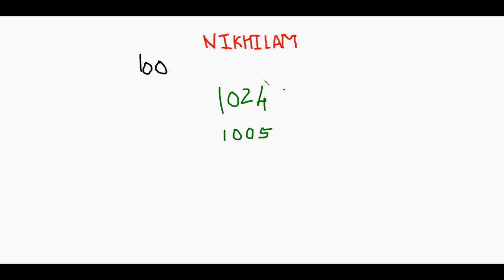Use the same technique. Now the base will change. See, here the base will change. We can't take 100 as the base, so we have to take 1000 as the base. So what number should be added to 1000 to get 1024 is 24. And similarly we will get 5. Add up 1024 and 5, or 1005 and 24. So we will get 1029.